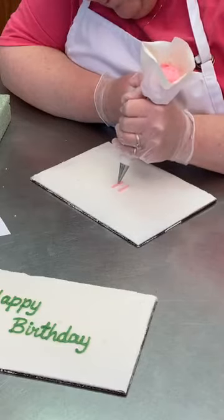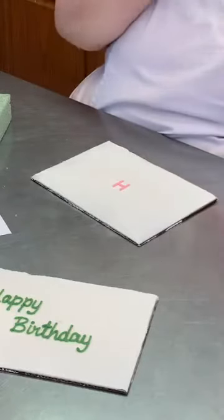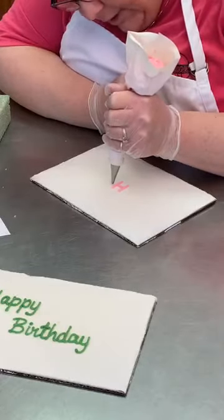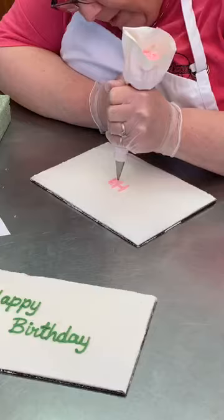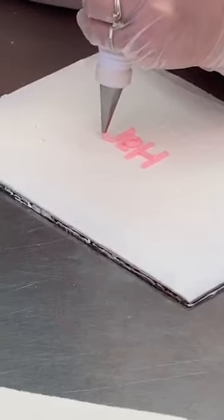Would you put an iced cake in the freezer so it's crusted a bit more, or would you go on right after smooth icing? I would generally do this just after I use a crusting buttercream and would tend to just do this after it has sat for about 10 or 15 minutes and crusted over. Nice. Okay. Depending on your icing,